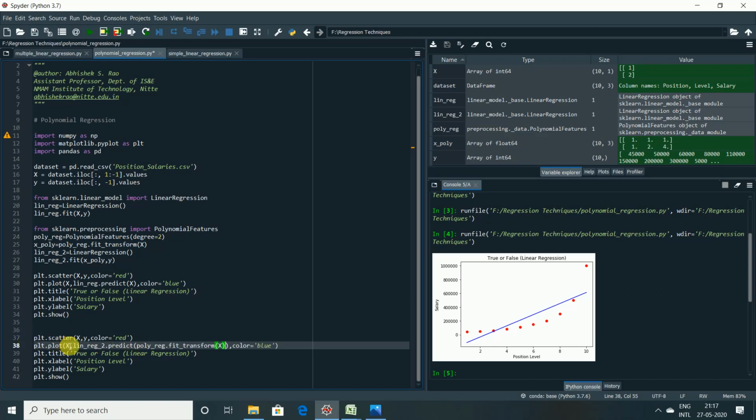I'm plotting the regression line with respect to the observations that we find in the scatter plot. So plt.plot x, lin_reg_2, which is of polynomial features, I am going to predict the transform, that means the new set of matrix features, with respect to the predicted values, correct? And the color will remain the same, the rest are all the same, right?